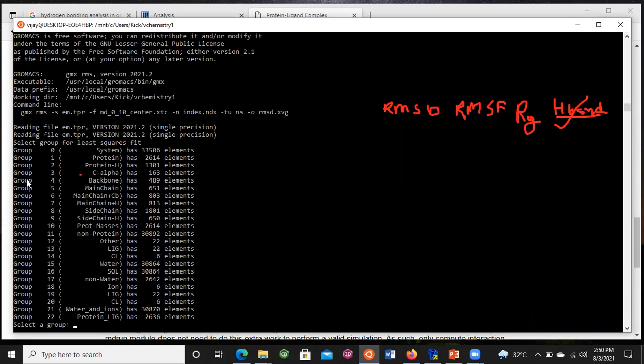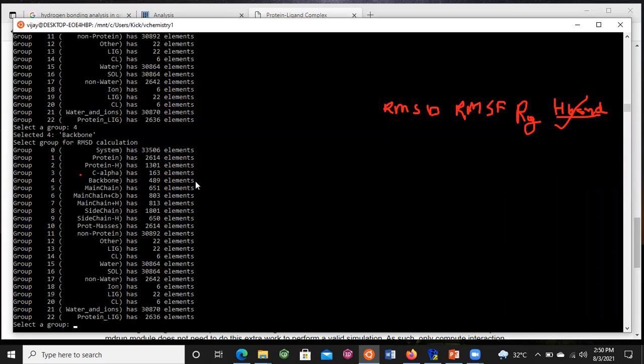At this level, it is asking for the parameter for which you want to calculate the RMSD. Here, we are selecting the backbone because the main core is the backbone of a protein. That's why here I am choosing 4, and it also asks for a least squares fitting.